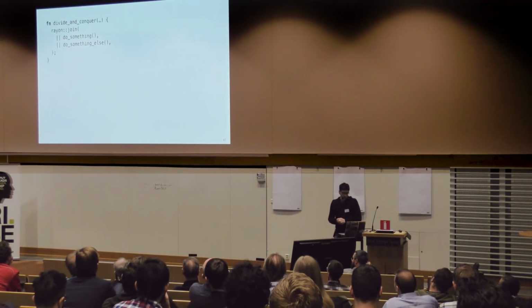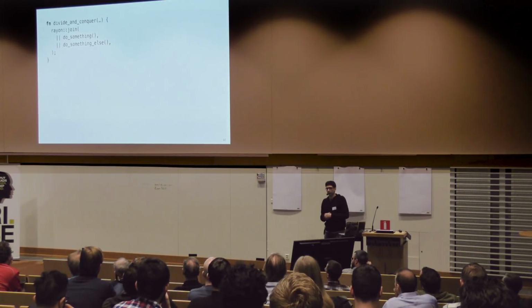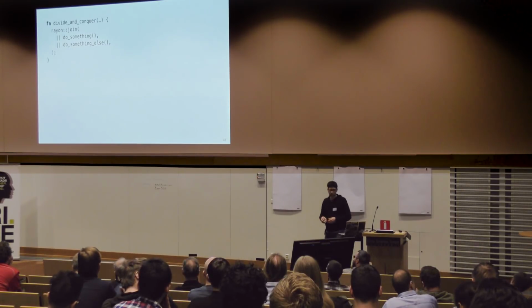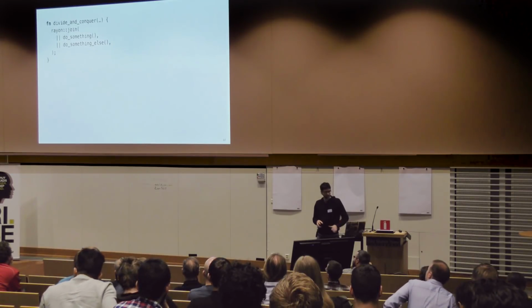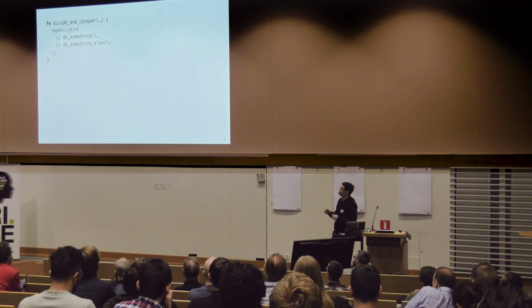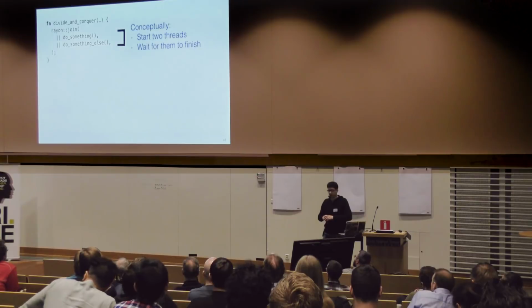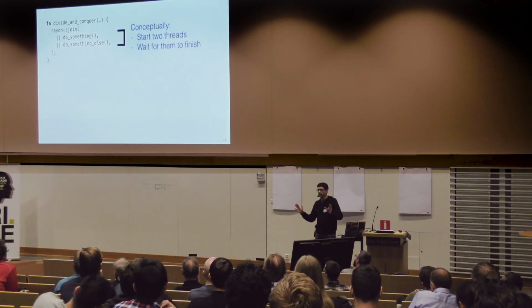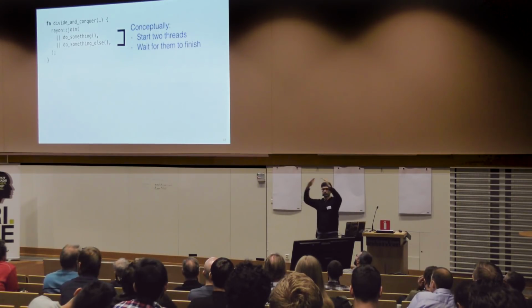There's nothing in the Rust standard library that supports that style of programming, but there are third-party packages that do. This is one called Rayon, which I wrote the first version of, but now it's maintained by a lot of people. It consists of a bunch of APIs, but this is the core, simplest one. It's basically a method called join that takes two closures. Conceptually, it starts two threads, executes those closures, waits for them to finish, and then returns. So you have this diamond-shaped execution.